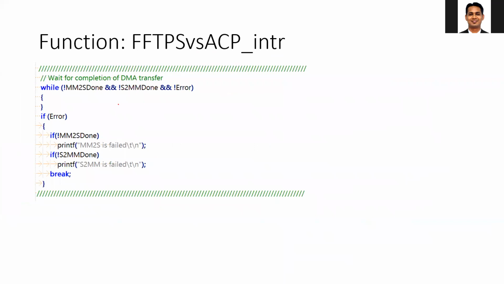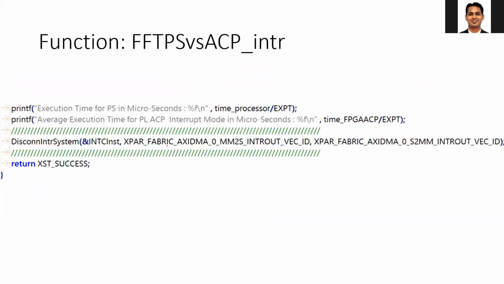Then after I do the simple transfer, I'll wait for one of the flags to become 1, and based upon that, I'll display the error. Then at the end, I'll do the disconnect after my for loop is completed. So these are the steps we need to do in this function. Okay. I hope this will be helpful for you to complete the rest of the